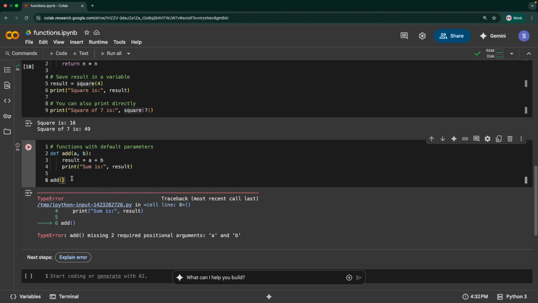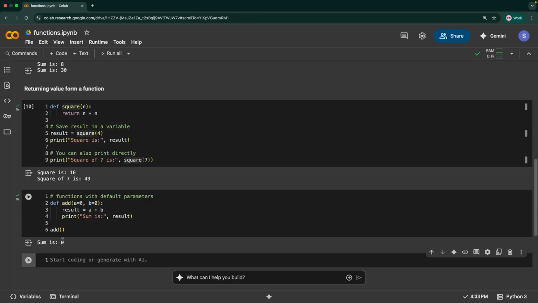So you always have to pass these parameters. The other way of doing this is, when a user doesn't pass a value, you can have a default value. So let's say you can have a is equal to 0 and b is equal to 0. So now when they don't give any values, you just say that the sum is 0 because it takes a default value. So let's say that we have the default value as 3 and 3. So when the user doesn't provide any value, it's going to take the a value as 3 and the b value as 3 as well. So this is what we call default parameters.